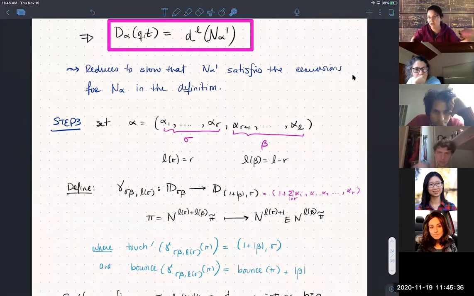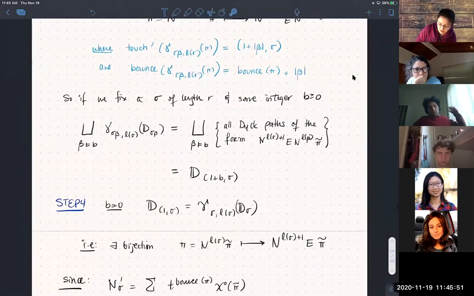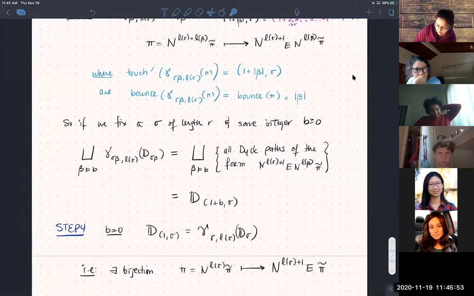I'm varying L, I'm varying b, it's the same thing. So pick a sigma and let this vary over any sort of weak composition as long as it has the right length, right? It has however many slots. If you do that and you take the disjoint union over that set, then that is equivalent